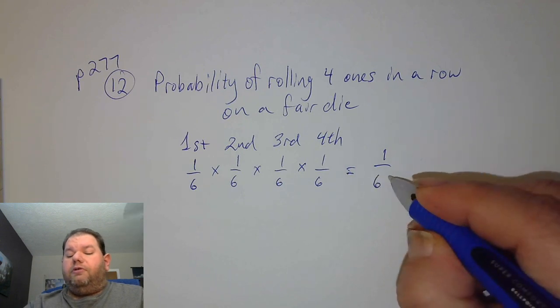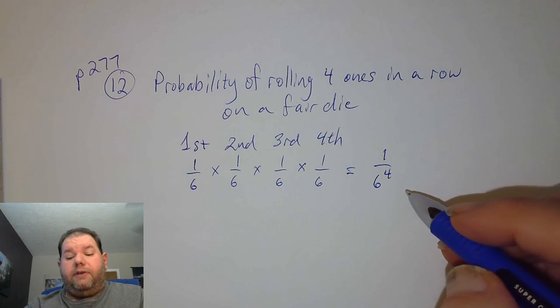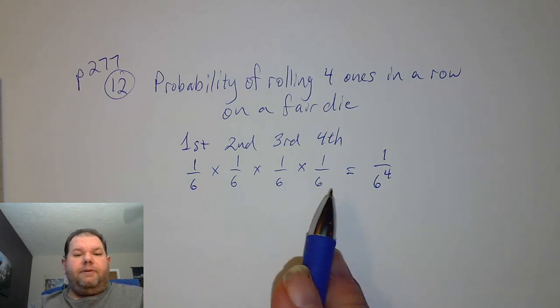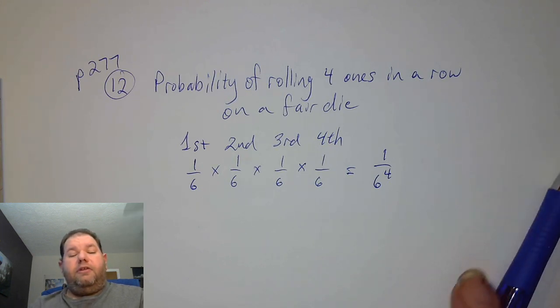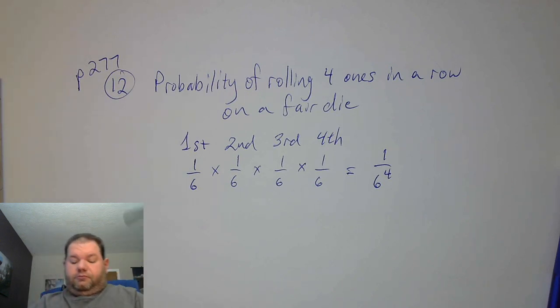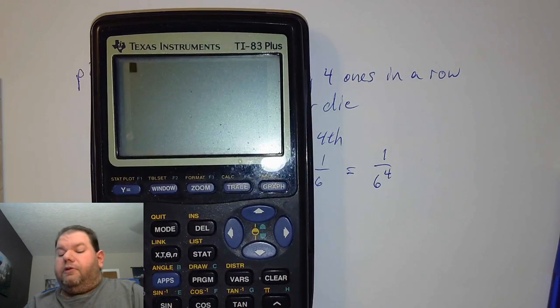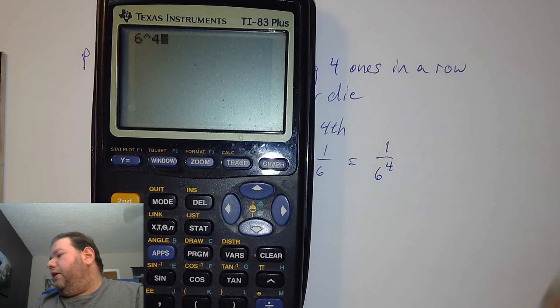One thing that we could do here, and I don't know how familiar or comfortable you are with exponents, but instead of saying 6 times 6 times 6 times 6, we could write that as 6 to the 4th power. And then we can go into our calculator and we'll enter 6 raised to the 4th. Now on the graphing calculators,